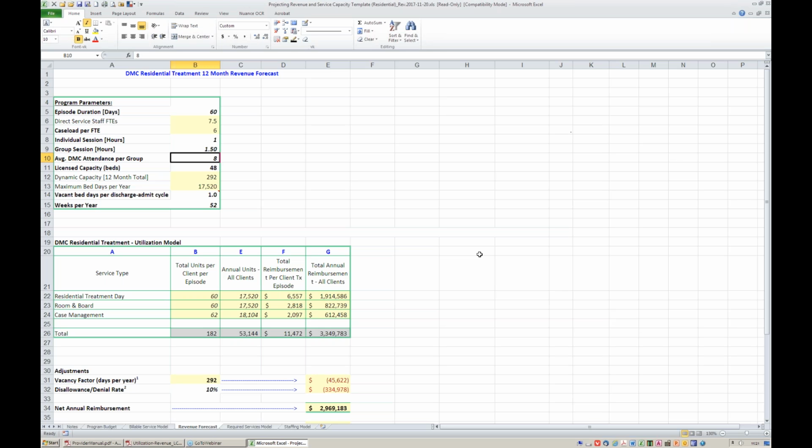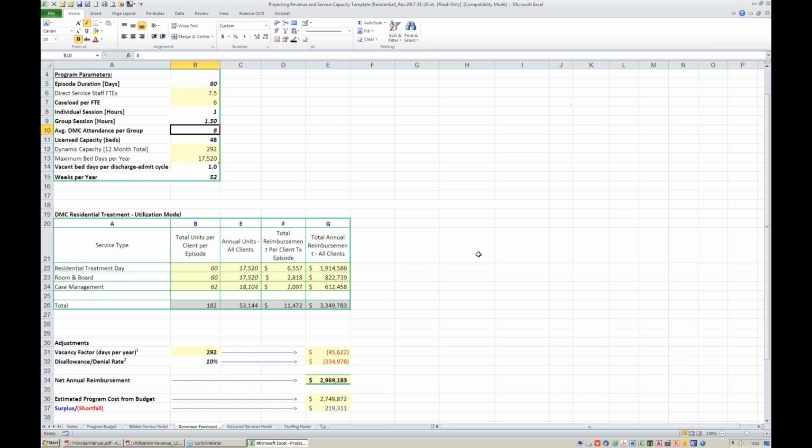And anyway, they made a pretty significant error in the previous tab, overstating the number of clients that they were going to see. But it's that kind of thing. Anytime you're filling in a field somewhere and you get a result that looks wild, pick up the phone, shoot us an email. So anyway, that's it. We'll move on to the next tab here if there's no other